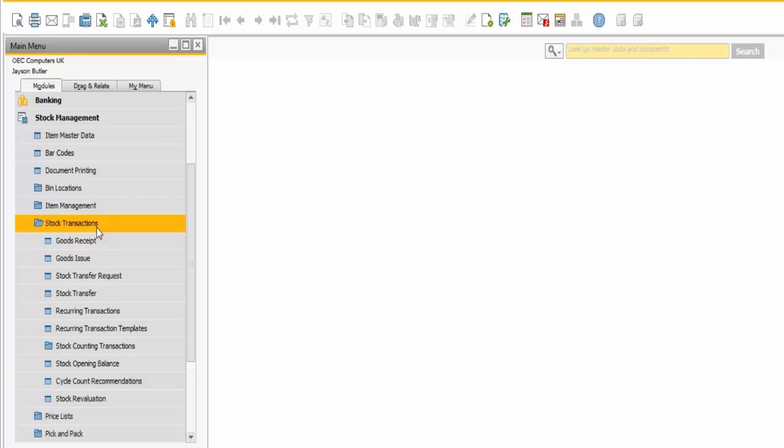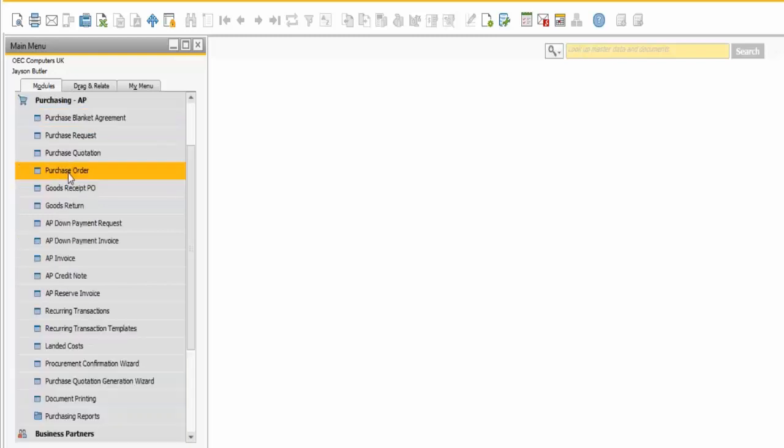So if I do a goods issue, it'll credit the stock account. If I do a goods receipt, it'll debit the stock account, and so on. But by and large, these stock transactions are not really used because everything in SAP is a result of doing something else. So if, for example, I go into something like purchasing, I can create